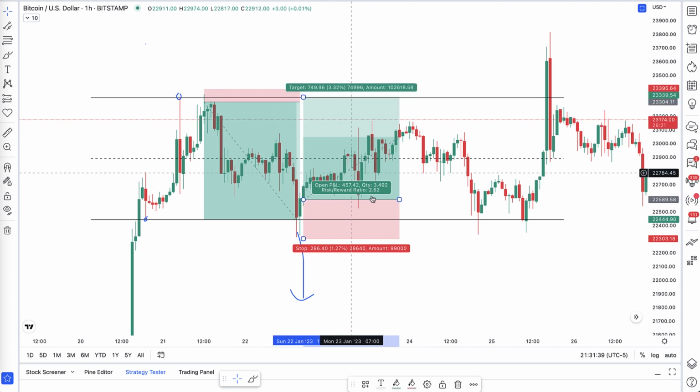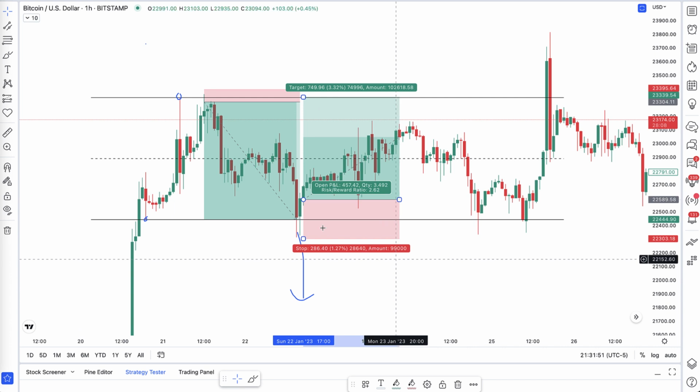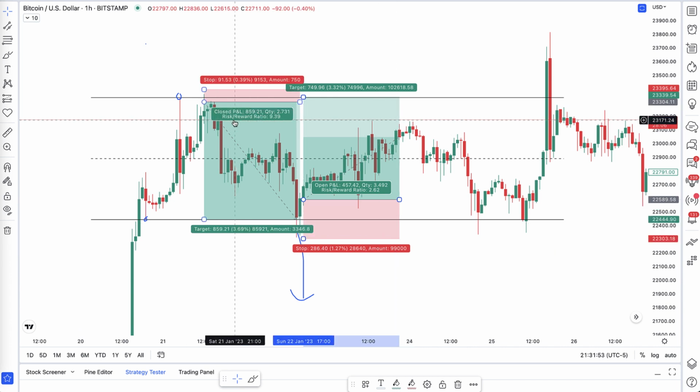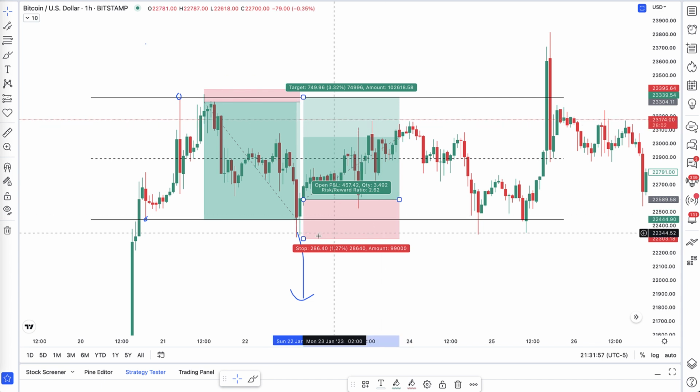Again, that is a 1 to 2.6. That's really not the best risk reward. That's why you want to look at the 15-minute chart or the 5-minute chart to get those better, more precise entries, because you can see it makes a huge difference where you enter. Compared to the short, that's a 1 to 9. But here, because you're entering so much higher and your stop is so much wider, you're only getting 1 to